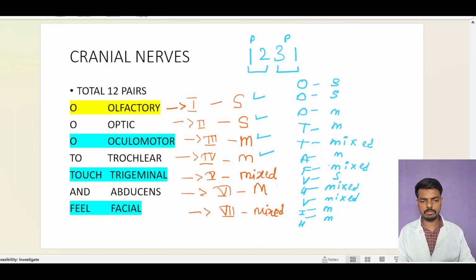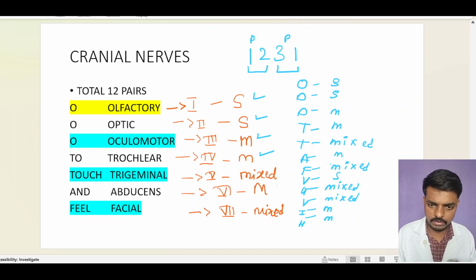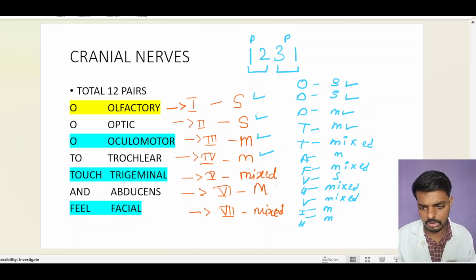Okay, mixed motor and mixed sensory, very important. Means our olfactory nerve is a sensory nerve, optic nerve is a sensory nerve, and oculomotor nerve is a motor nerve, trochlear nerve is a motor nerve, trigeminal is both. Okay, a mixed nerve, that is both sensory and motor nerve, and our very important abducens is a motor nerve, and facial is a mixed nerve,